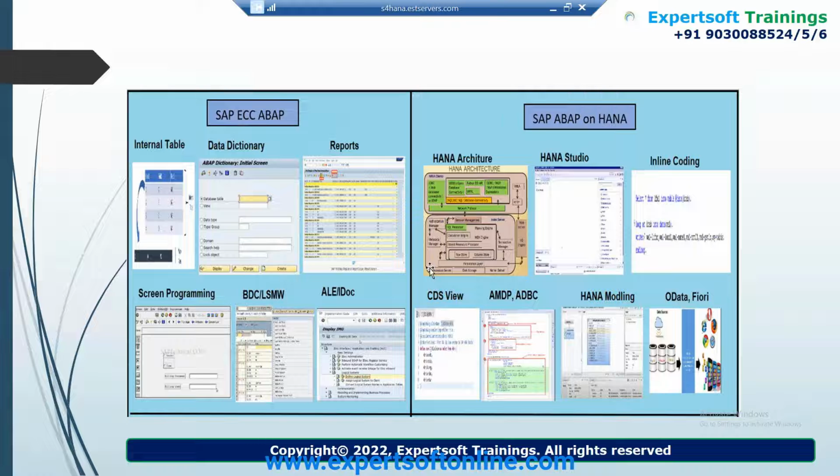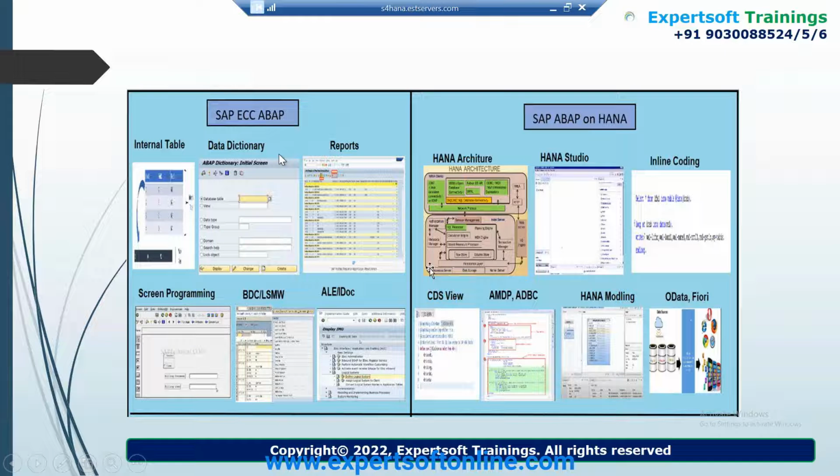Currently we were working on the ECC. Let me tell you the journey of SAP. SAP was started by 4 engineers who were working at IBM, and it started in 1972. Earlier it was only a black box, where people used to write code and there were no screens at all. But with ECC coming into the picture, we have GUI based transactions. We have internal tables, data dictionary.